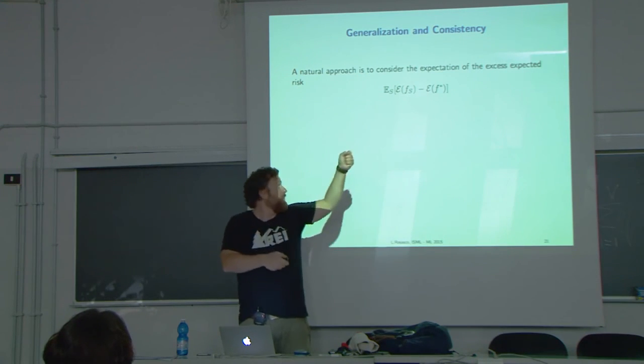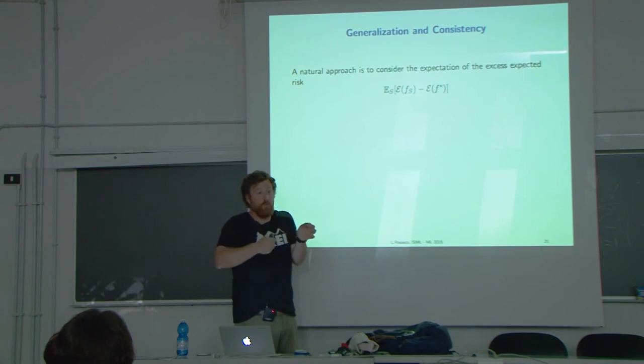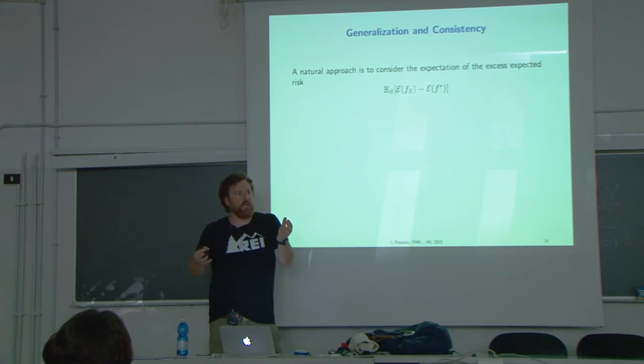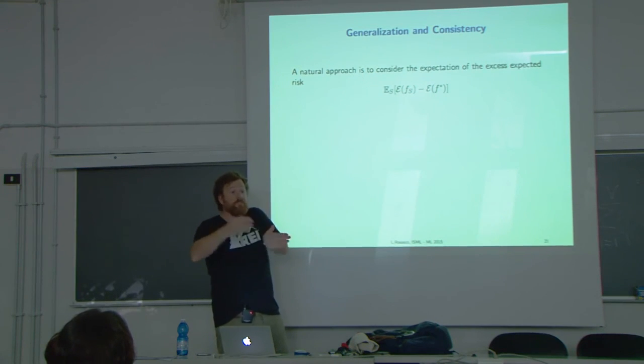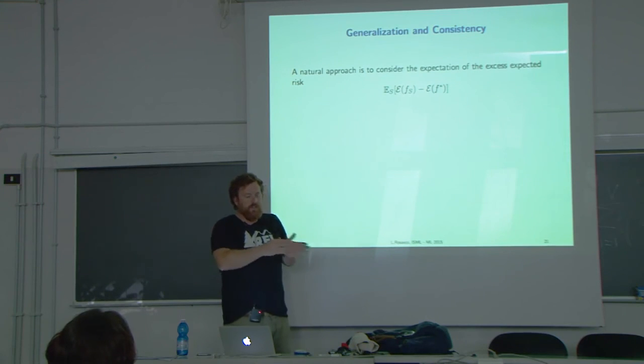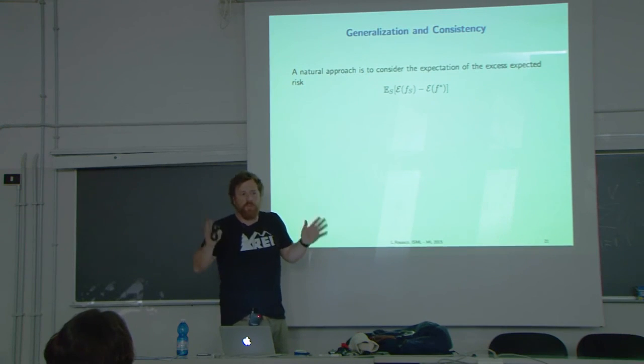And so you need to find F star, which is the lowest possible quantity. Suppose, for example, they want to check if polynomial is better than Gaussian, or say that linear regression is better than nonlinear regression. If I can show that constantly the distance of one to the best is always bigger than the distance of the other,